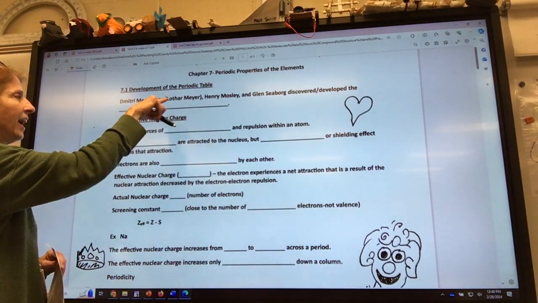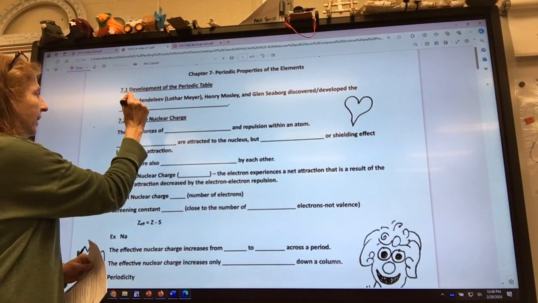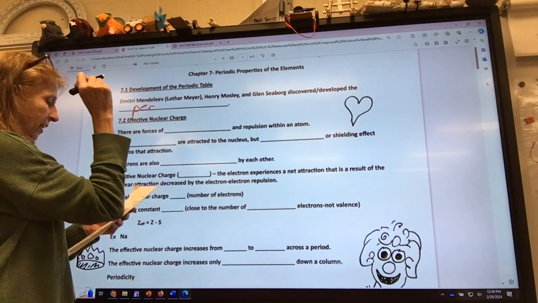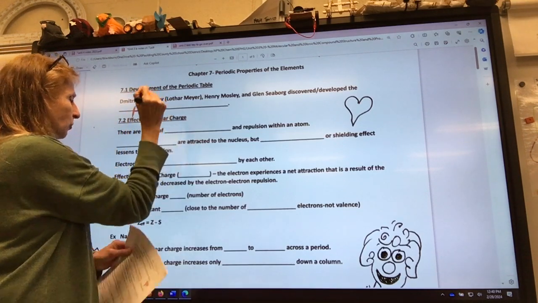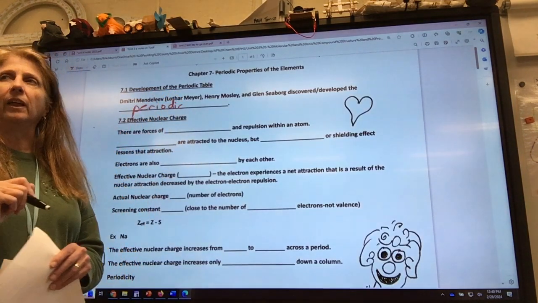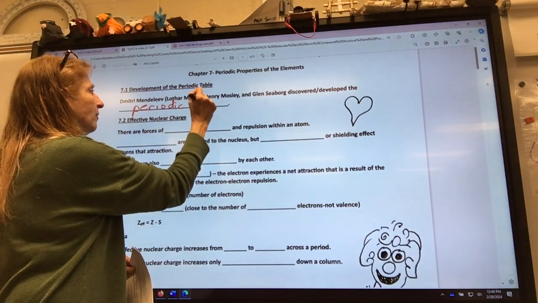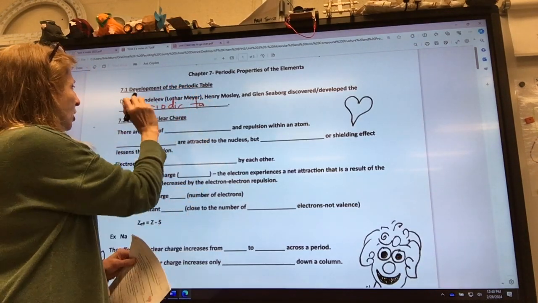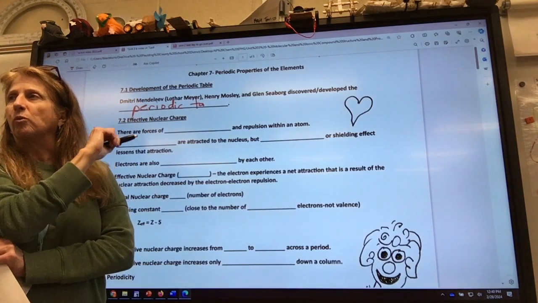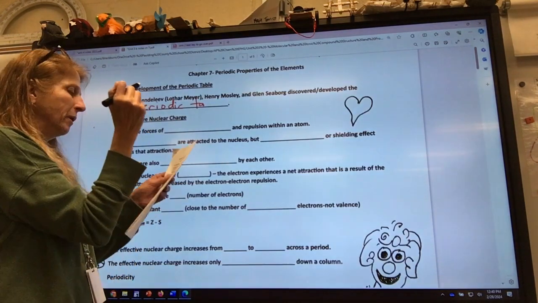Now, this guy, I had not heard of him before, but they talk about him in your book, that he really figured it out at the same time as Mendeleev. Because remember, Mendeleev did not invent the periodic table. He didn't invent the patterns that are in the elements. They've always been there. But he discovered it. Well, that guy did it at the same time. But Dmitri was doing it to write a chemistry textbook, and he got it published. So he's the one who made it famous.